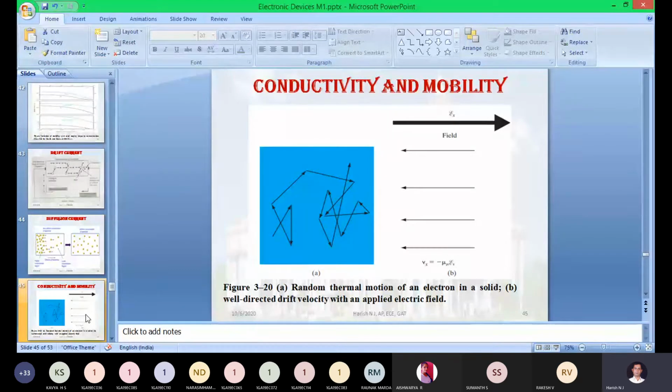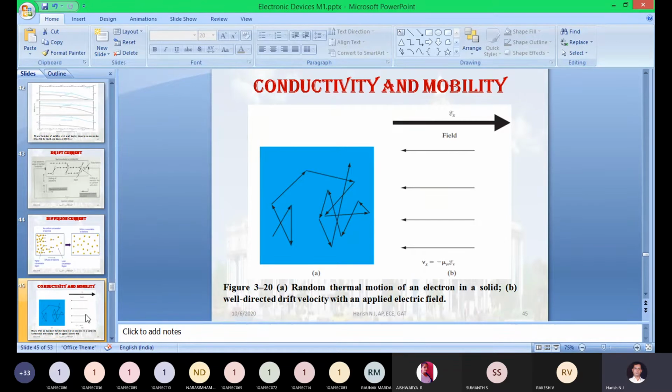Initially, when that piece of semiconducting material is not biased, the electron movement in it will be of random nature. All the electrons will be moving randomly; you can change the temperature from 0 to 100, 200, 300, 400, something like that, only the electron speed will change. But when you calculate the net velocity or net drift as well as the net current of that piece of semiconducting material, it is always zero.